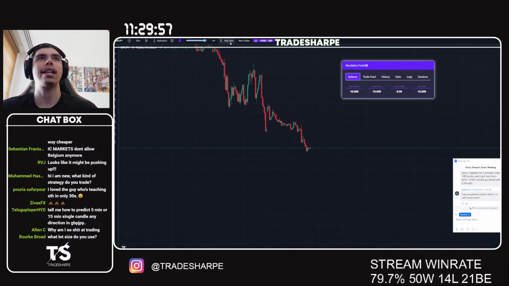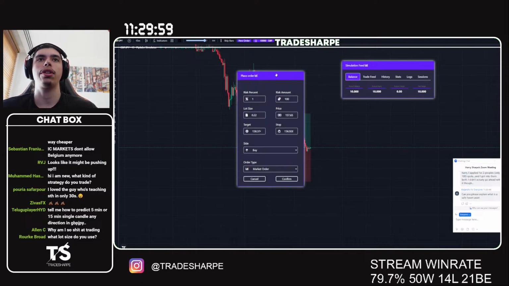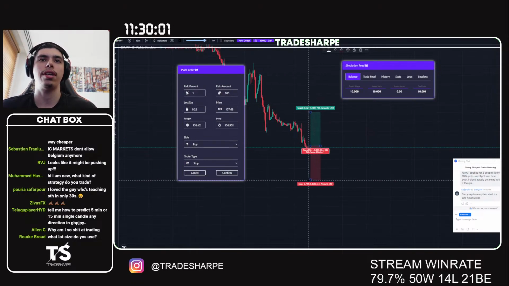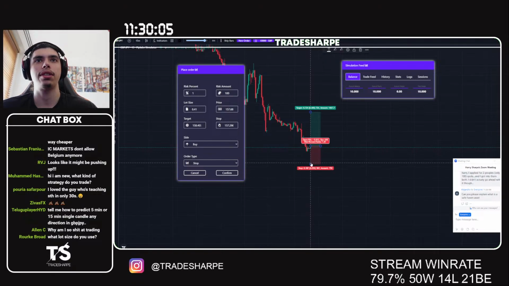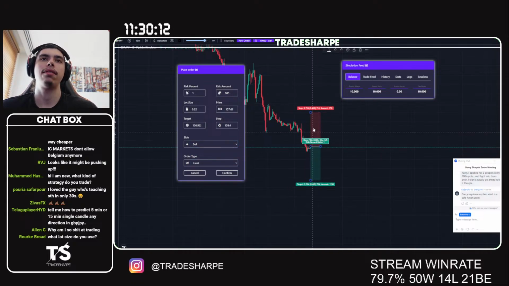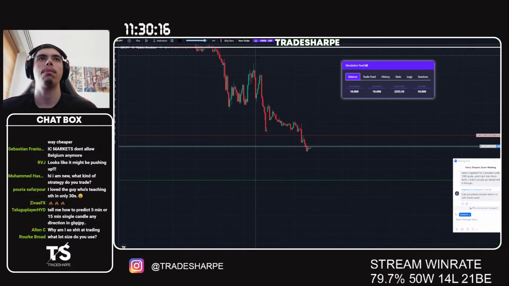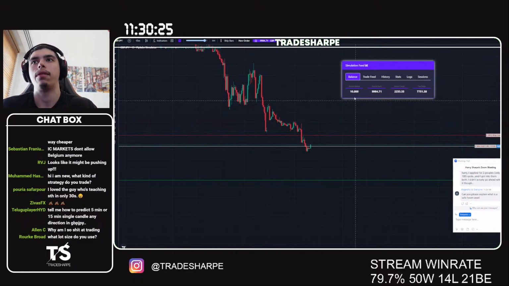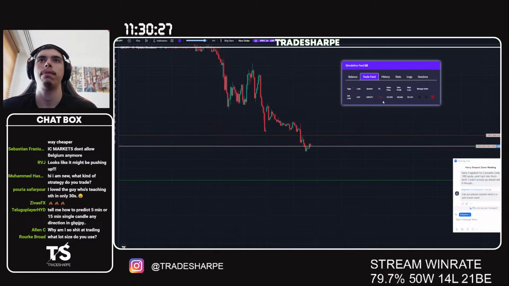We can see this. I can go here, press new order, and look at this. I can adjust my trade here. Watch my lot size adjust compared to my percentage. Look, my lot size is adjusting compared to how much. I can even change this to a sell, right? And I can backtest, right? Take this as a sell. Let's say stop loss above the highs here. Target this, confirm. And now I'm triggered into an order here, right? And I can treat this like a real trade, and I can watch the trade play out. Look, now I can see my active P&L, right? You can go see your P&L here, right?